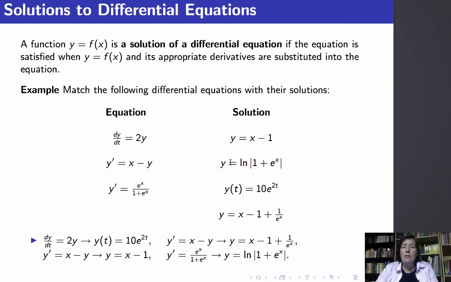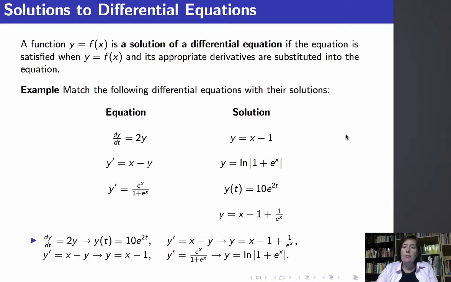And I could check this by checking that y solves the equation. When I take the derivative of y, it's actually equal to e to the x over 1 plus e to the x, so it fits the equation. We see that y equals x minus 1 is a solution to the equation y prime equals x minus y. And the reason is that y prime equals 1 here, so 1 is equal to x minus 1, and this